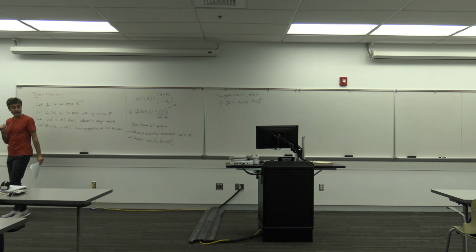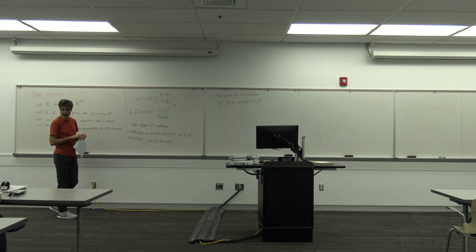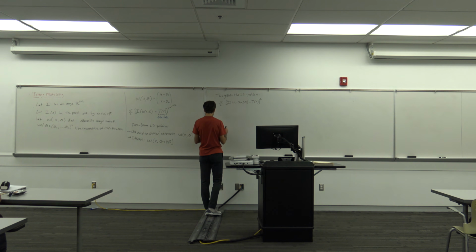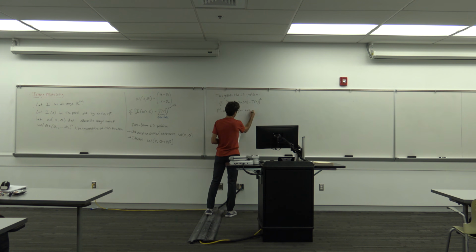Now, to solve this nonlinear problem, remember what we did? We compute the Taylor expansion, for example the first order Taylor expansion. Eliminate terms that are of higher order, and then that linearizes the equation, and then we can solve it by looking at the gradient. So let's do that. So the first order Taylor expansion is